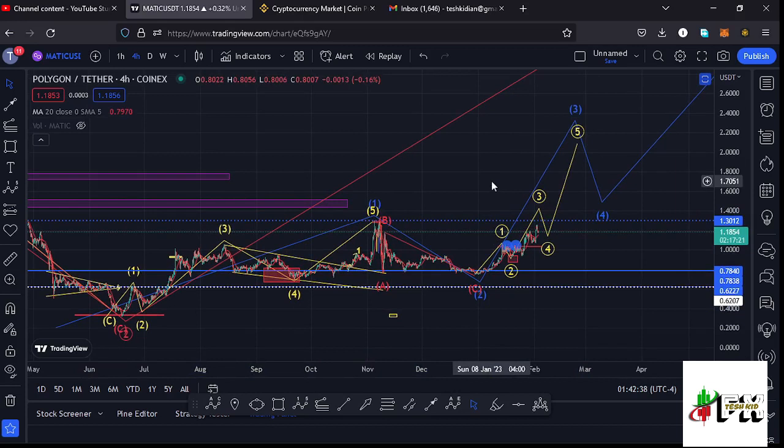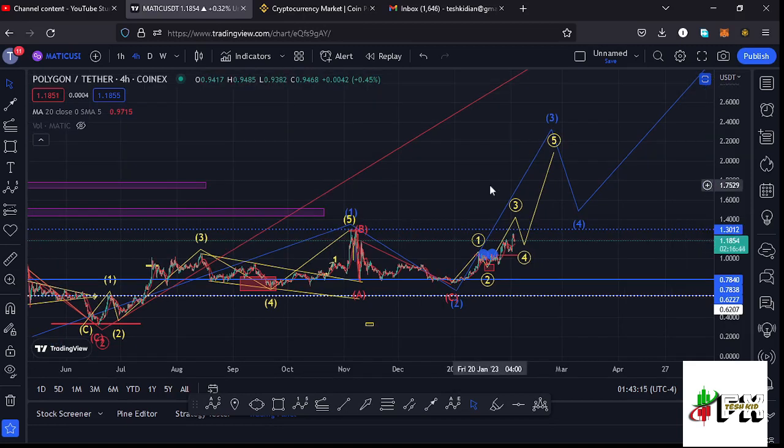And for us to have enough confirmation that we are back into this impulsive wave to the upside in the formation of that wave 3, I'm expecting to see a break above the $1.3 mark, which is the wave 1 high of this Elliot wave structure right here in blue. A break above that high will trigger higher prices here on the Polygon Matic chart. So that is what I'm expecting to play out on the short term and also on the long term scenarios,